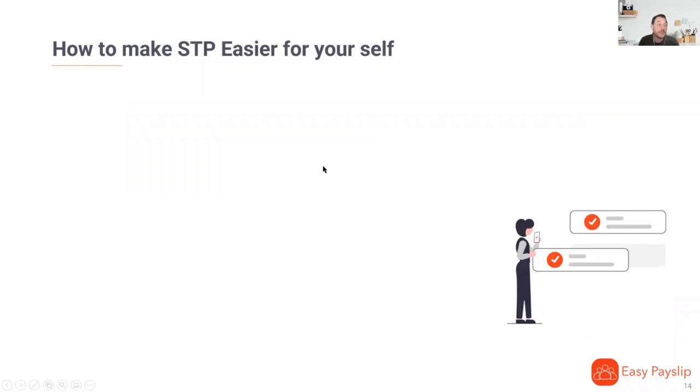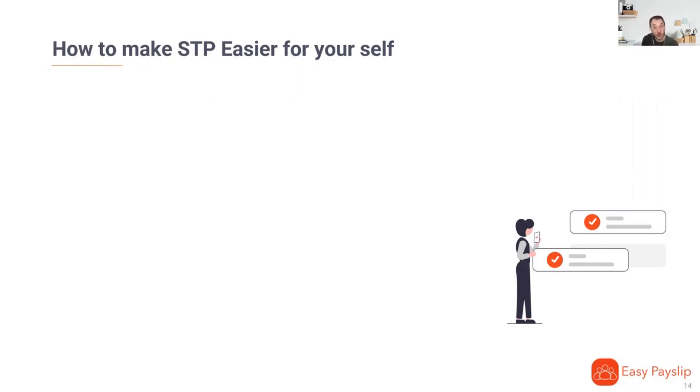Okay, so look, there's a few other things I can show you in Easy Payslip, such as reports and settings and two-factor authentication, but I'm not going to at this stage. I think what would be really useful is just to try and get familiar with the basics of doing payroll. Once you're familiar with that, I think you'll find it quite easy to navigate around, to find your user settings, if you need to change your password or if you need to change your business address. You can always reach out to us, send us an email, give us a call if you do get stuck.